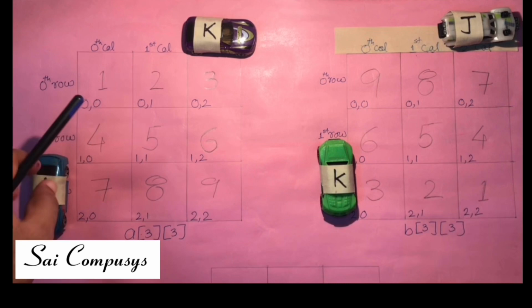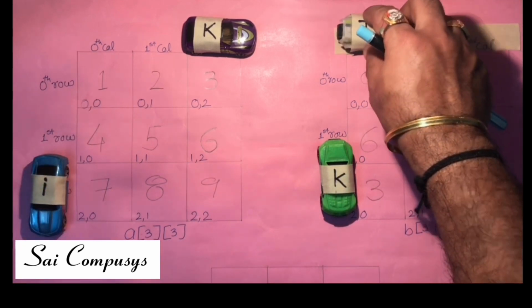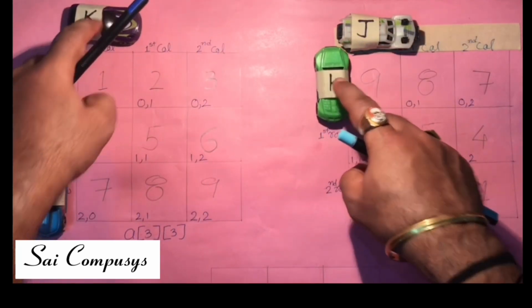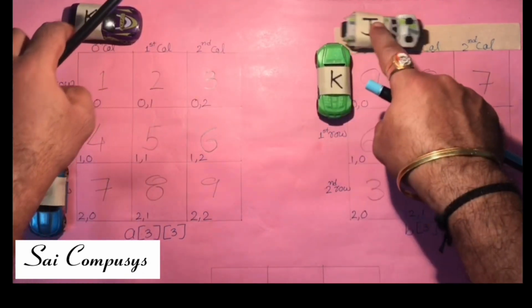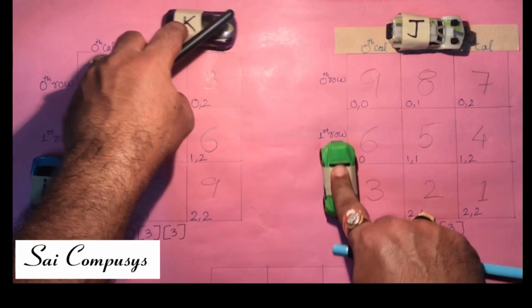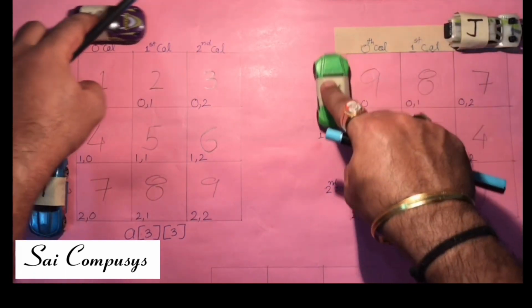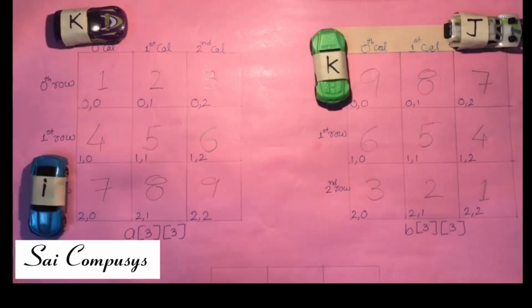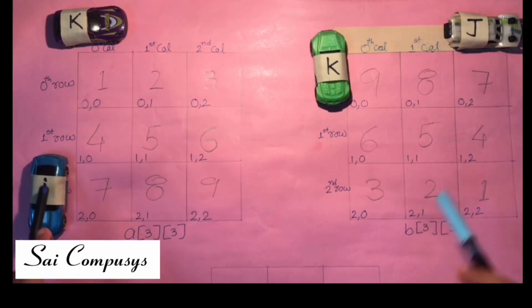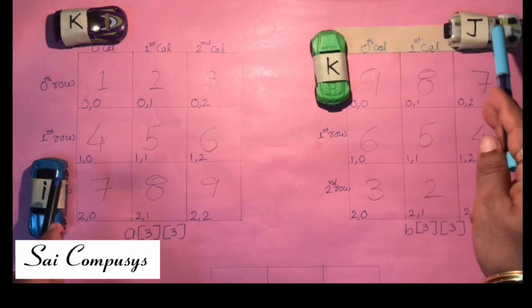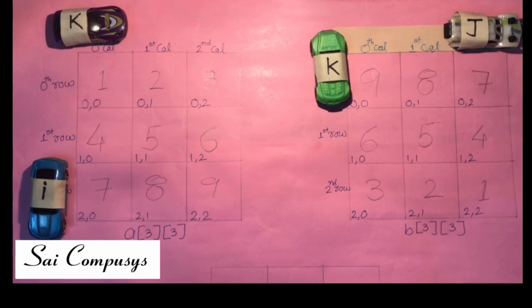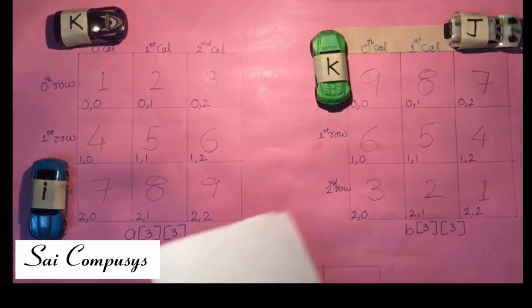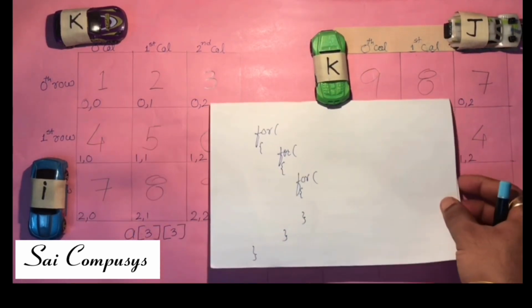Now for I equals to 2, again j will be on to 0, k will come back to 0. 0th column, vary k. First column, vary k. Second column, again we need to vary the value of k. So you can definitely understand that for each value of I, first j is getting varied, and for each value of j, then k is getting varied. So the basics of C tell me that we need to write down 3 loops.